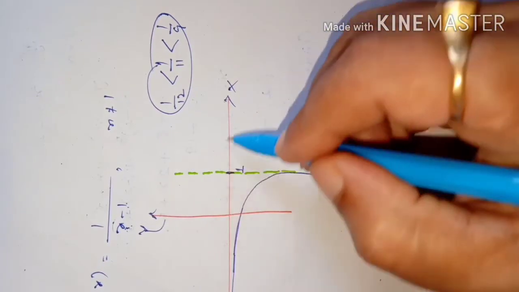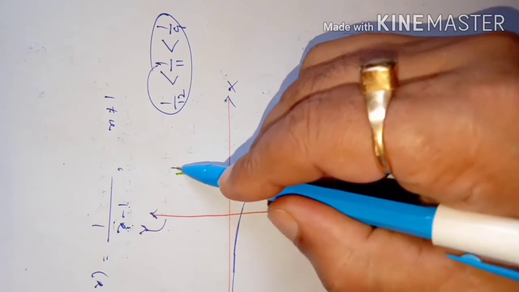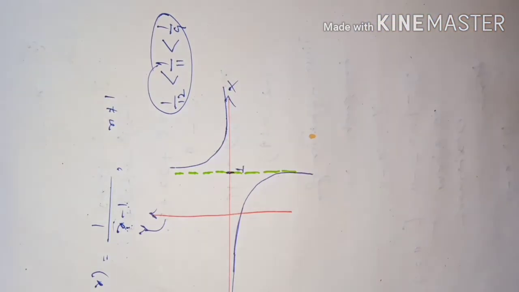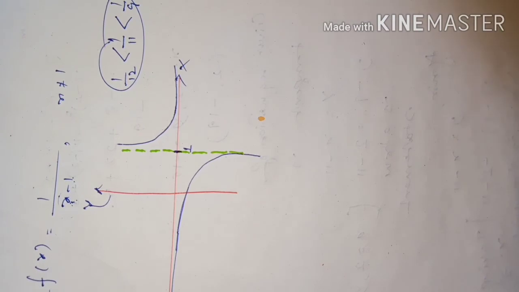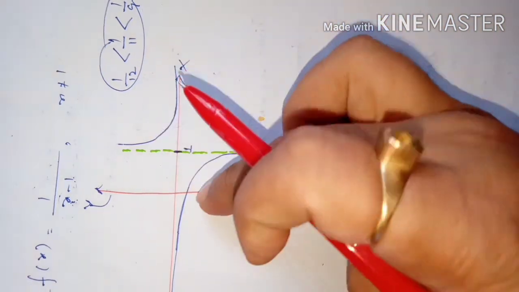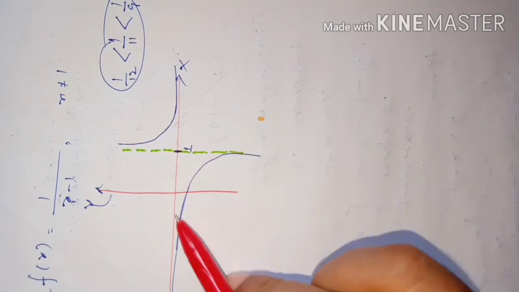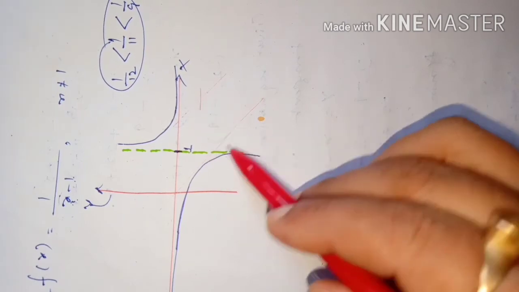But as you come closer to 1, the y value will increase. So the graph will be like this, dear students. This is the graph of this function. Though the graph is not required, we should have the idea, because there can be tangents to this curve at more than one point which have the same slope. Like suppose here is a tangent this way and here is a tangent this way. Both this tangent and this tangent can have the same slope.